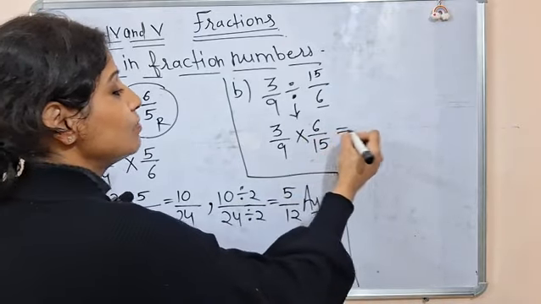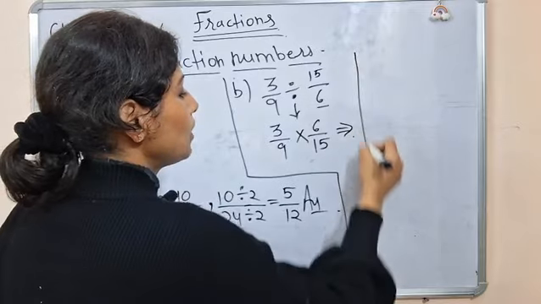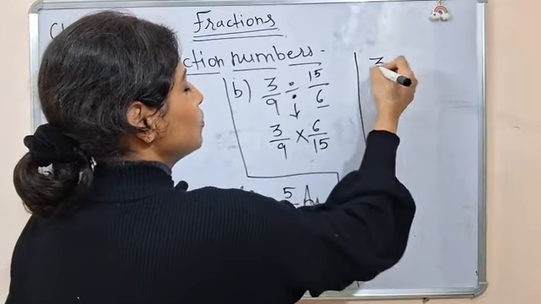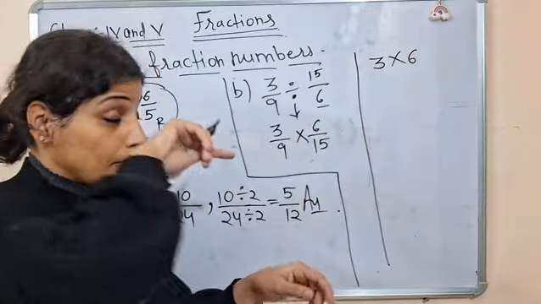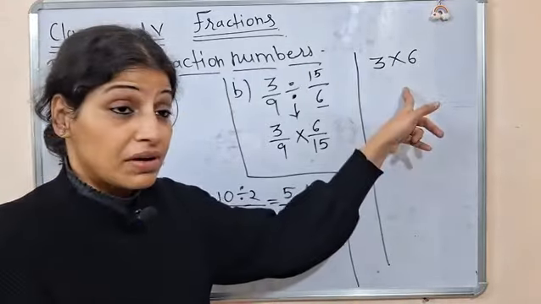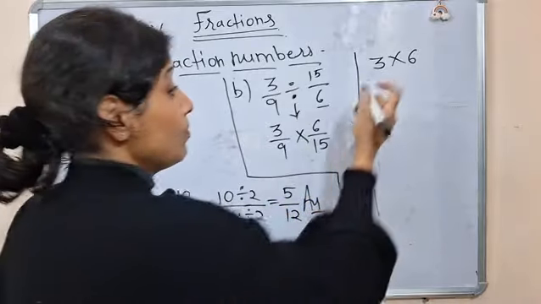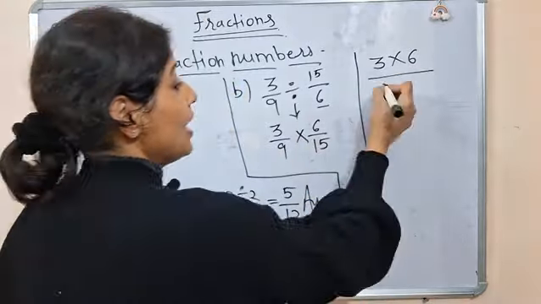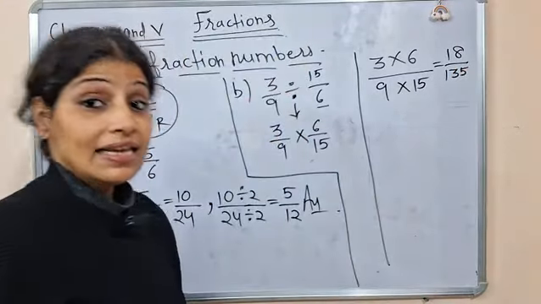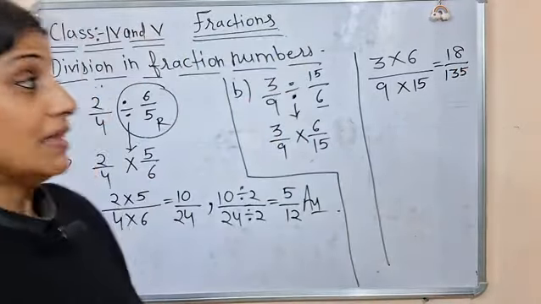So let's multiply. Okay, I'm just doing the rest of the part here as there is less space. 3 and 6 will come together. Here, I did not tell you cancelling because I want you to go on a straight path, learn first in a simple way, then we will use different tricks, okay? And house will be bigger, and 9 and 15 will come together, right? Now, 3 6s are 18 and 15 9s are, what is 15 9s? 135. 18 upon 135.